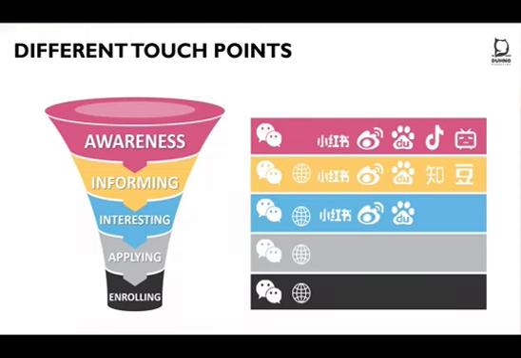Then you have Xiaohongshu or Red. That is, I would say, a new platform, a new area where people are more and more searching for education as well. Weibo, Baidu search is the equivalent of Google, if I may say it this way. The logo on top after is Douyin. Douyin is the equivalent of TikTok in Europe. Bilibili is kind of YouTube if we want. And below this, in the yellow line, we have Zhihu and Douban, two platforms similar to Quora, or question and answer platforms. It's a bit different, but let's imagine it this way. So this is basically the funnel and the touchpoints. And now we will go a bit deeper into that.